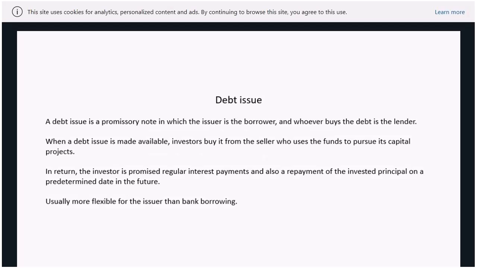So where it says debt issue, what it means is that the person or the company that's borrowing the money is the issuer. So they offer the debt to investors who buy the debt on fixed terms. So they know when they're going to get paid back and how much they're going to get paid back. Okay, you got that? So the issuer is the lender and the person that wants the debt, and the investor buys the debt on fixed terms so that they know when they're going to get it back and they know the interest rate.